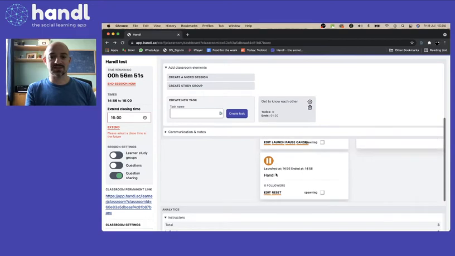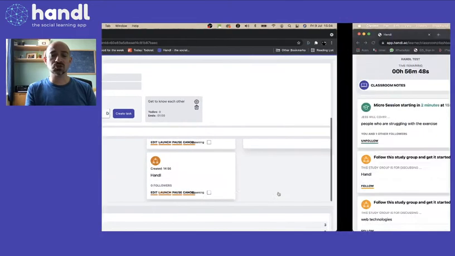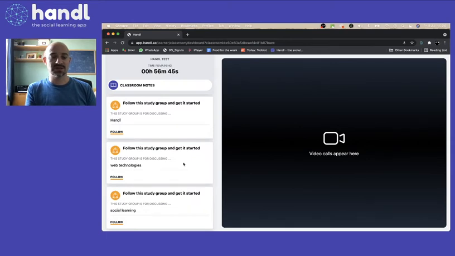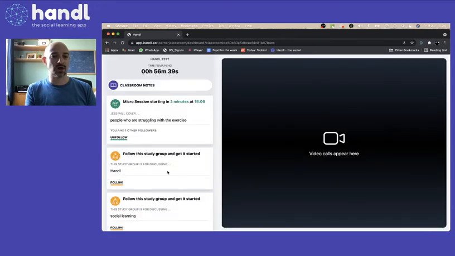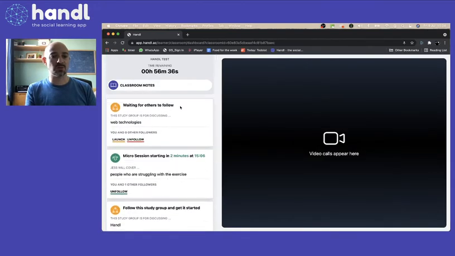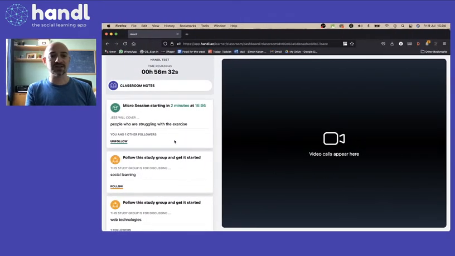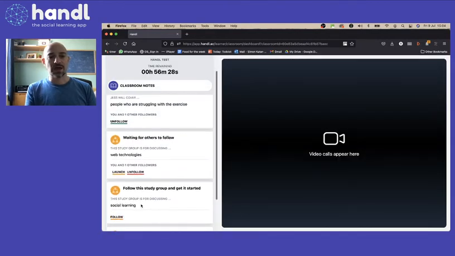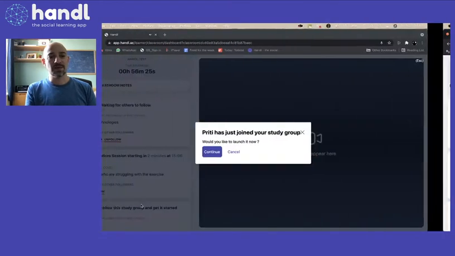I have to reset each one, and I'll just show you what the learner sees. They now see all of these 3 study groups. What I'm going to do is I'm going to follow the one on web technologies, and you'll see it's gone to the top of my learner feed here. And for this second learner, I'm going to do exactly the same thing. I'm going to follow it. And you'll now see that